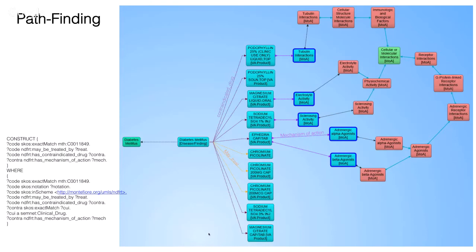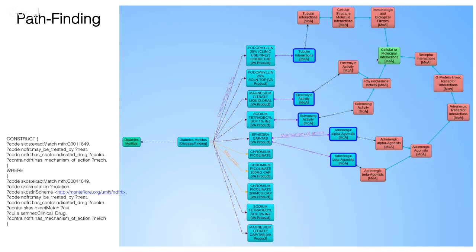And you can immediately see that, for example, the adrenergic agonists are a common pathway between these two mechanisms of actions, and there is a common pathway around the G protein linked receptors across all of these medications and all of these mechanisms of actions. So that's a very quick illustration of how these ontological mashups can give you further insight that is not possible to gain without having these knowledge